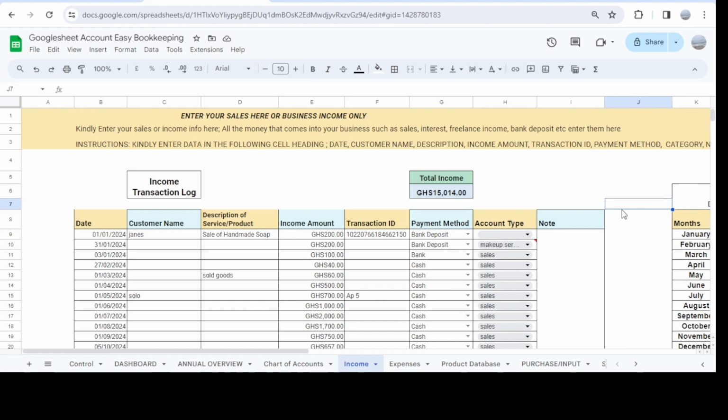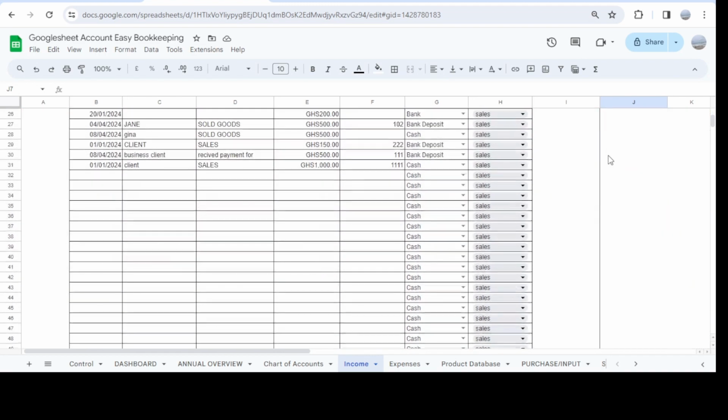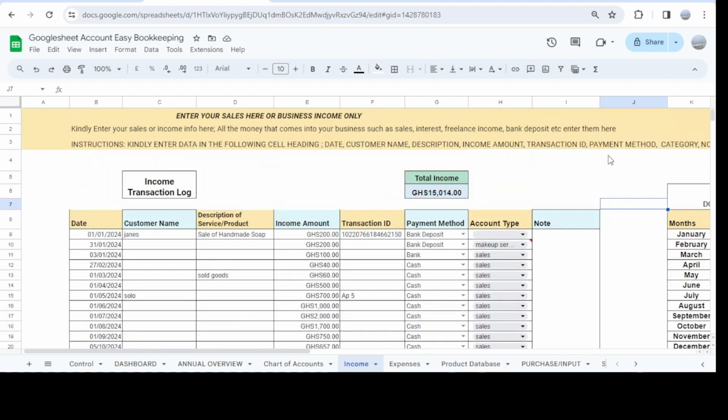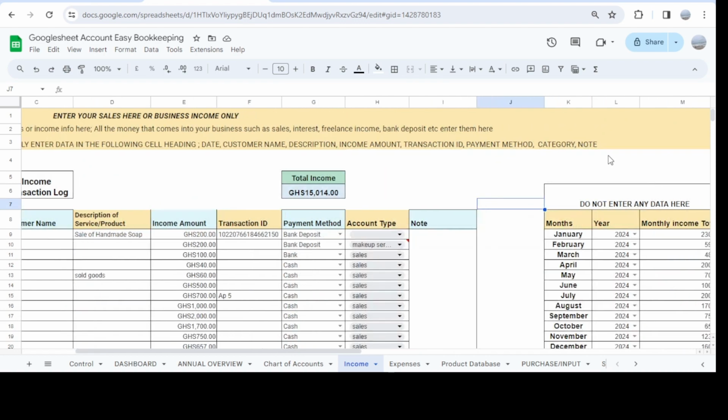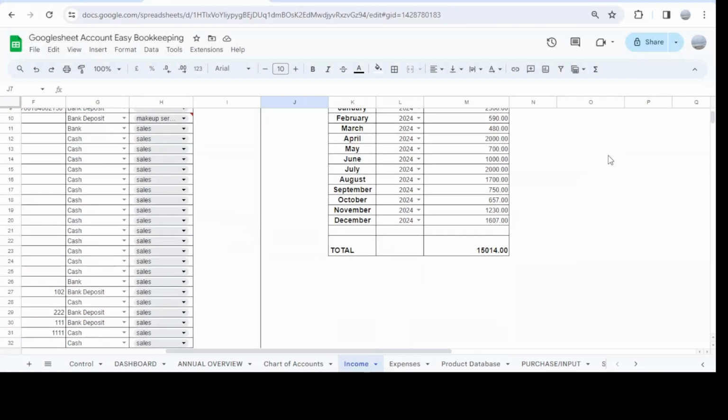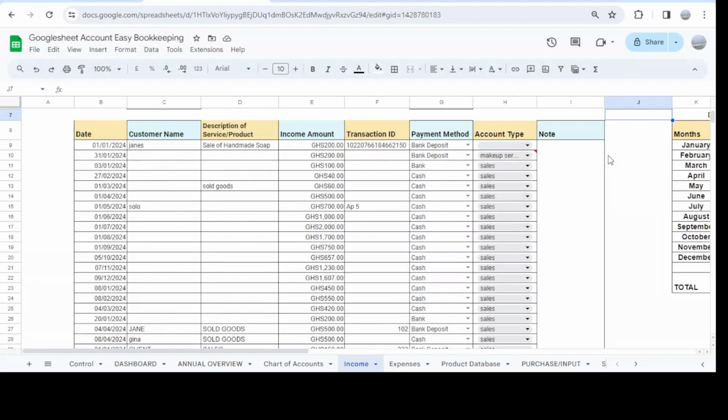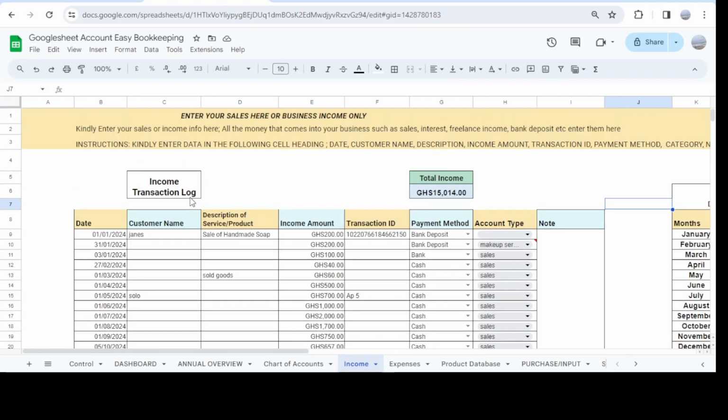This is your income sheet. This is what your income sheet looks like. All right. A few details have already been entered, and that is why it looks like this. But we're gonna have a few more examples. Let's go. So when you come to your income sheet, it says in the instruction, kindly enter your sales or